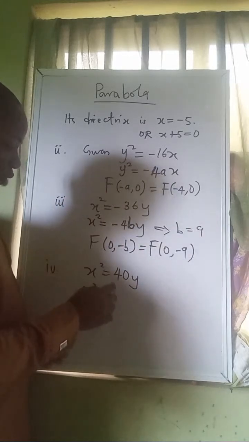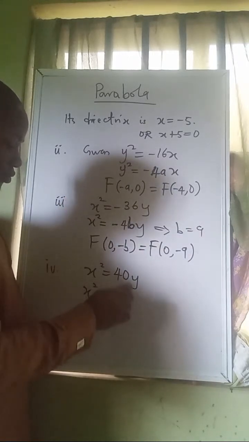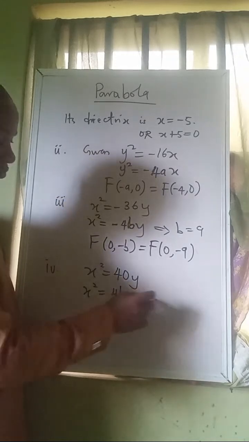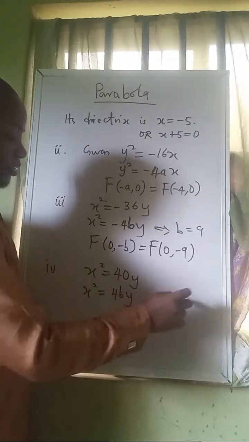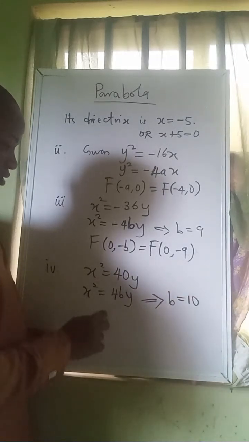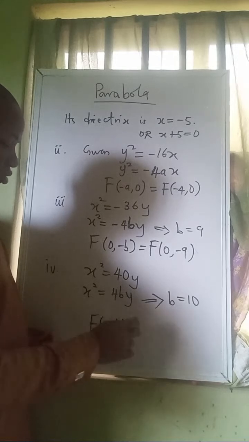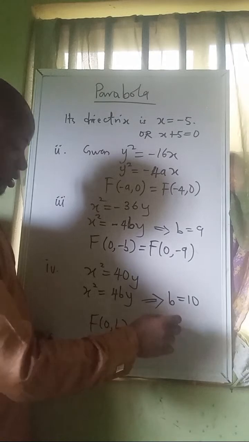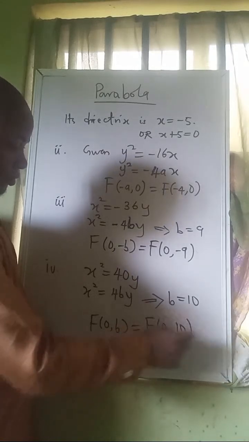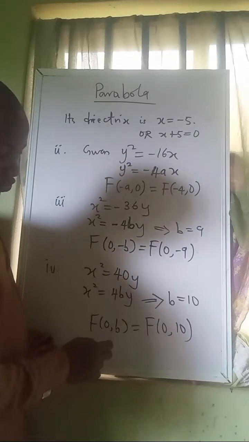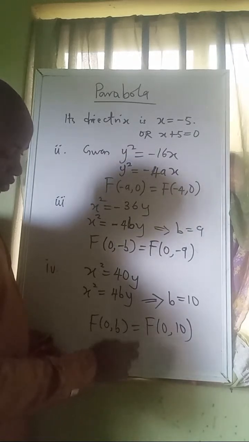When we compare this, you see that b here is 10 by comparison. So the focus will equal 0, 10, and of course the equation of the directrix will be y equals minus 10,